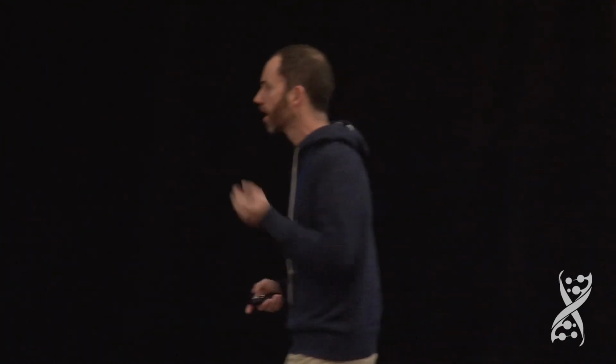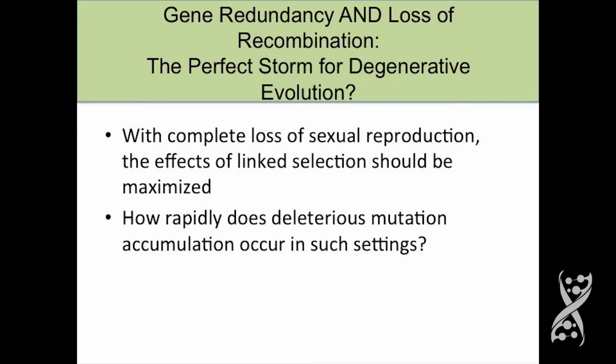And so taken with the evidence from the genomic data so far, this implies that this degenerative evolution may be outweighing, essentially the Y may be becoming less adapted than the X, and this actually has consequences for things like the sex ratio. Okay, so finally, so now if we think about losing recombination and permanent heterozygosity, the perfect storm for